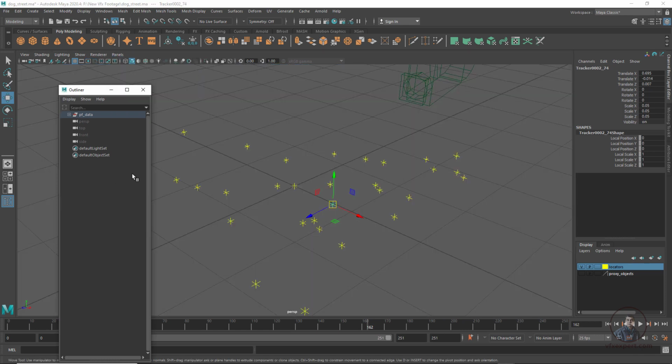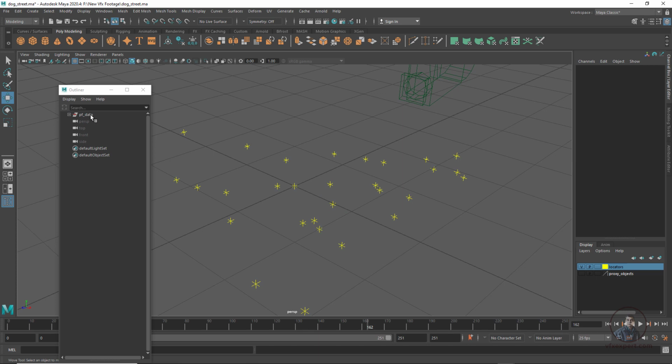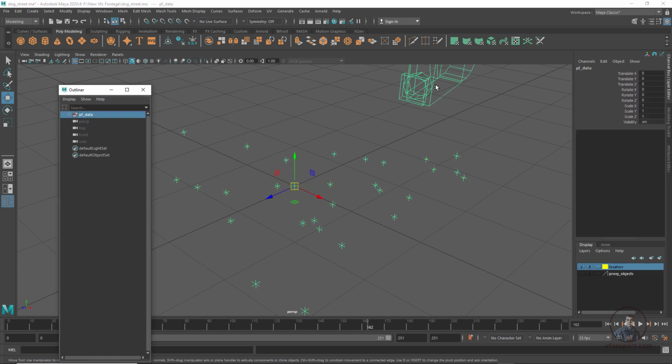So again, just select this scene group. Then after this, first we have to snap this scene group's pivot point or anchor point onto this locator or points here. So now press D and V and just snap it here. Then after this, we have to take a reference object, maybe a cube or plane here.